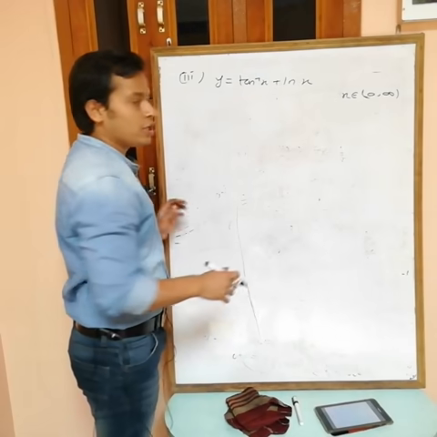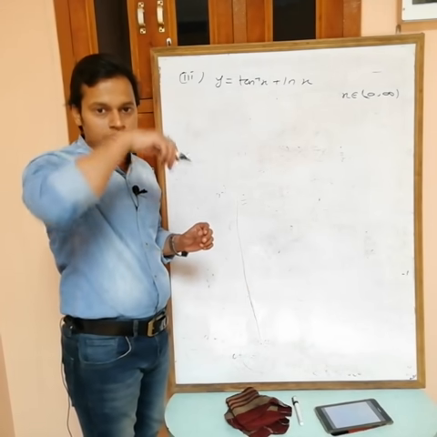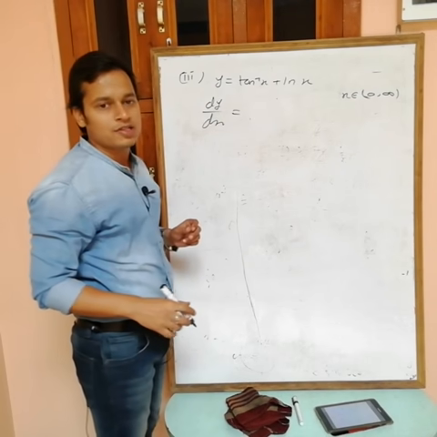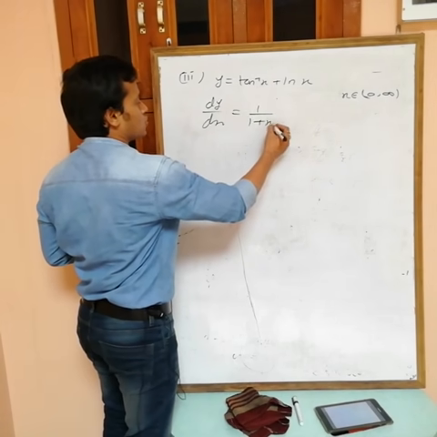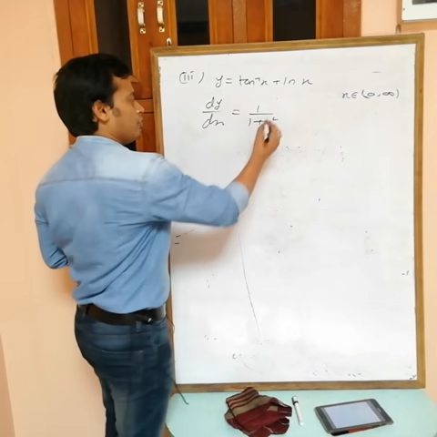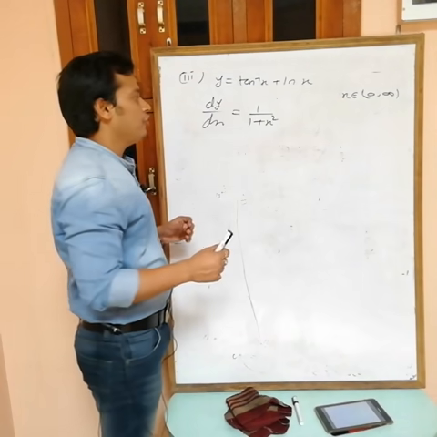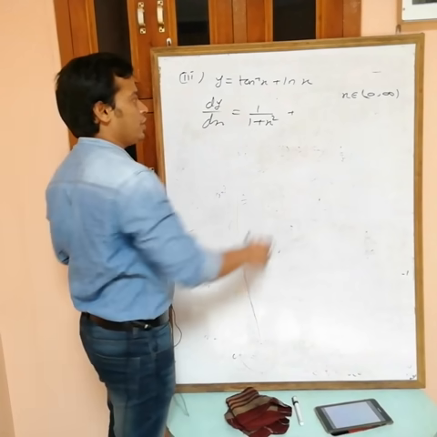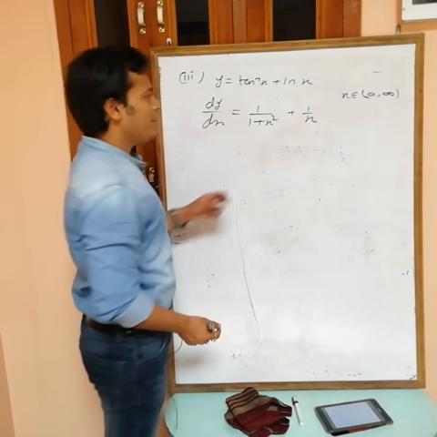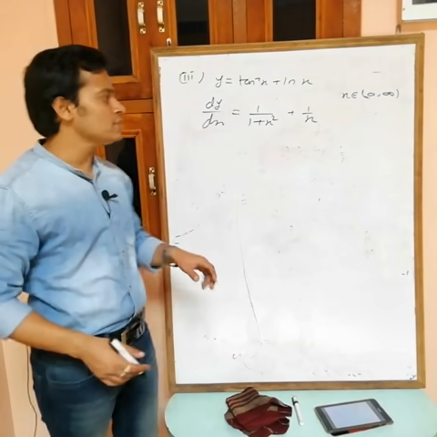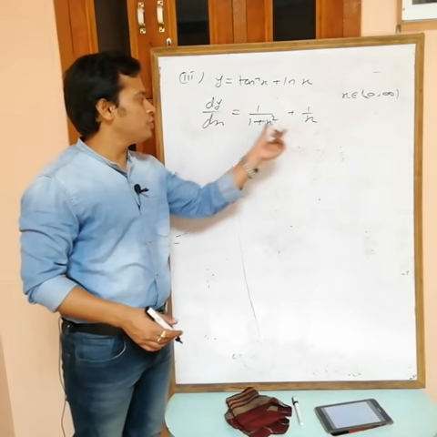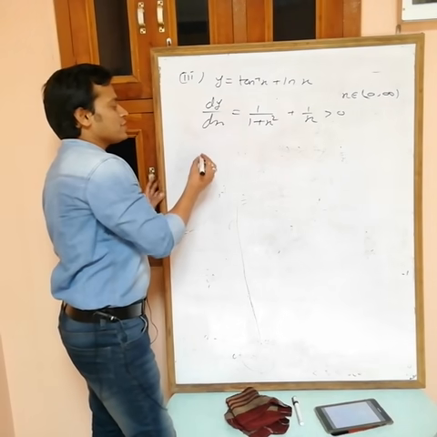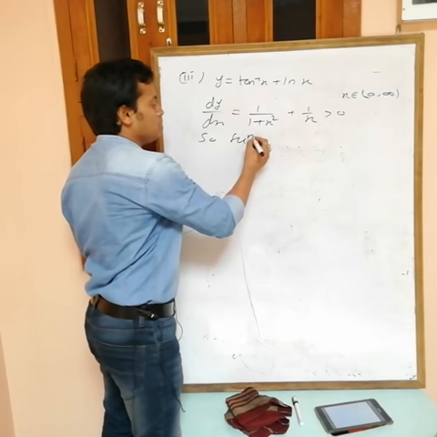Then use the derivative. First check whether this is increasing or decreasing, or neither, by using dy by dx. If you differentiate, the derivative of tan inverse x is 1 by 1 plus x square. Remember, at this time we will discuss it in MOD, method of differentiation. So the derivative of tan inverse x is 1 by 1 plus x square, the derivative of ln x is 1 by x. Now here we have x greater than 0, it means positive. So this one is positive and this one is always positive. So dy by dx is greater than 0. If dy by dx is greater than 0, the function is increasing.